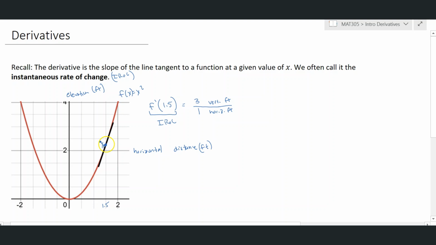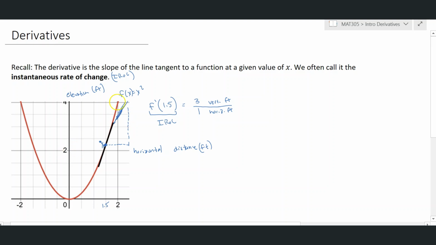So that essentially means that at that instant, based on where we're facing, if we went over 1 foot, we would expect that the change in height would be 3 units. So basically 1, 2, and 3. And you can kind of see that this line would, if it continued going at the same rate,